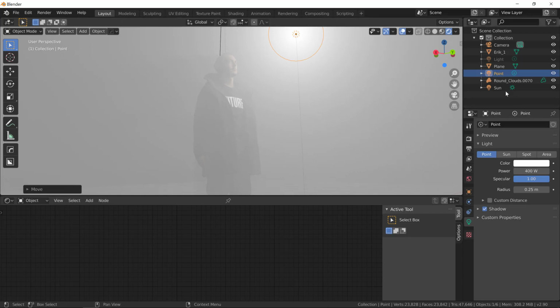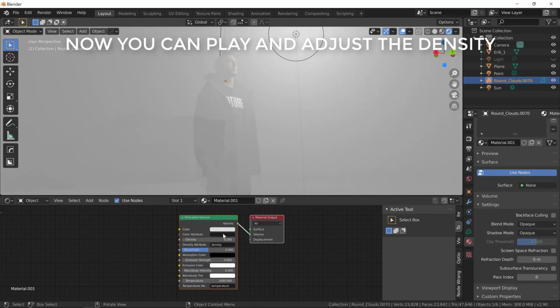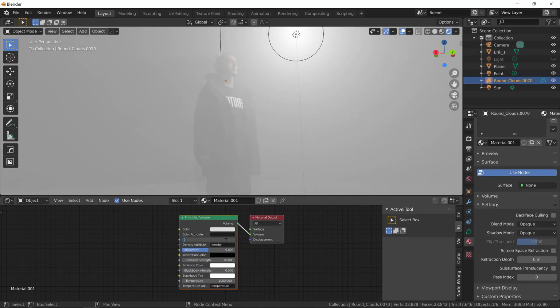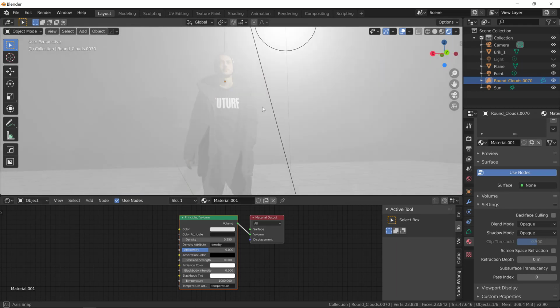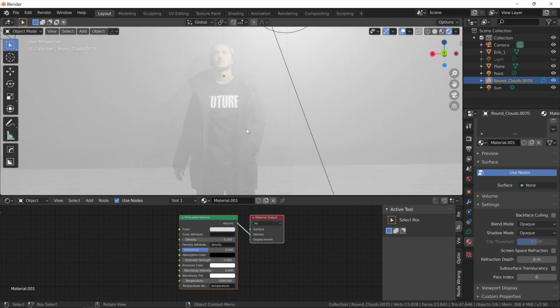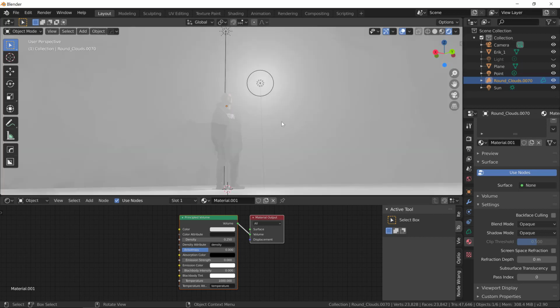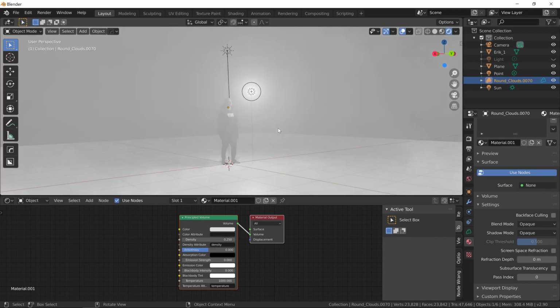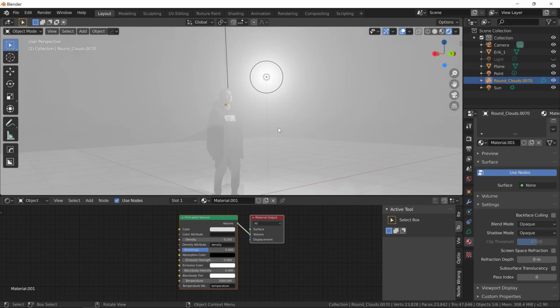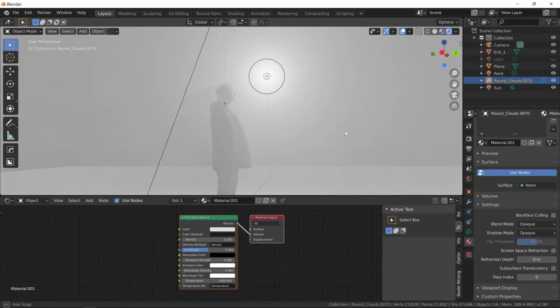I mean, we didn't have to do anything. We just put the volume and the light and the character, and now you have something really cool. So let's play with the density of our fog, and let's make it like 0.2, 0.25. Yeah, it seems to work fine here. Not too dense, not too transparent. Still, we have the shadow projected into the volume, which makes it